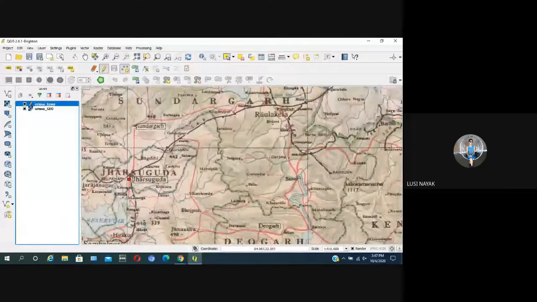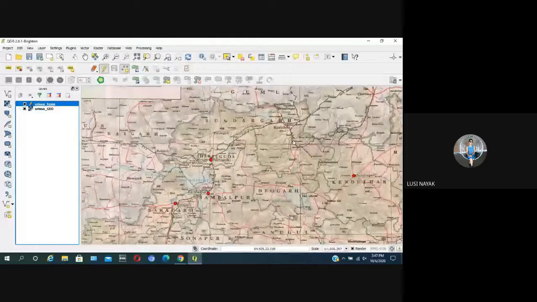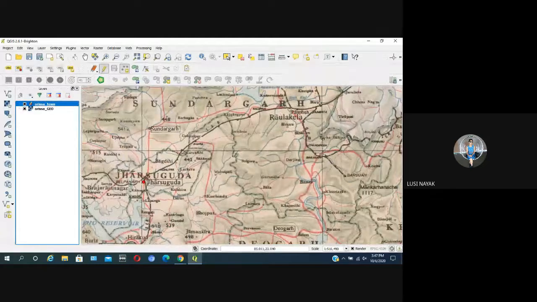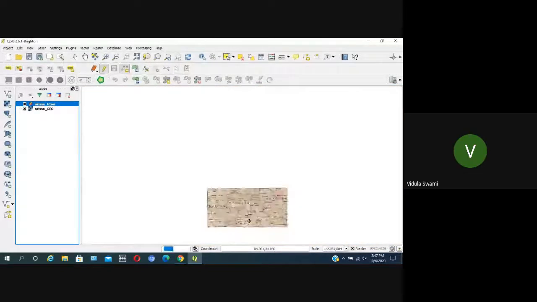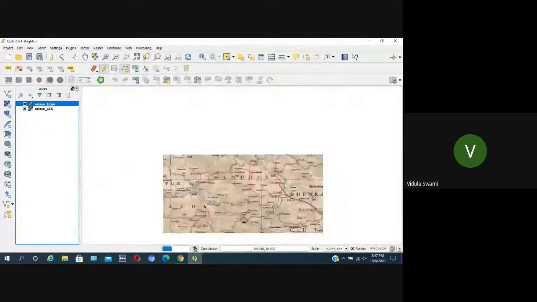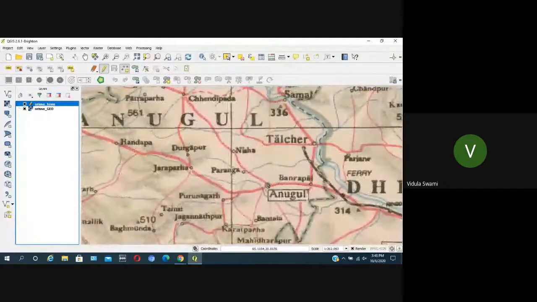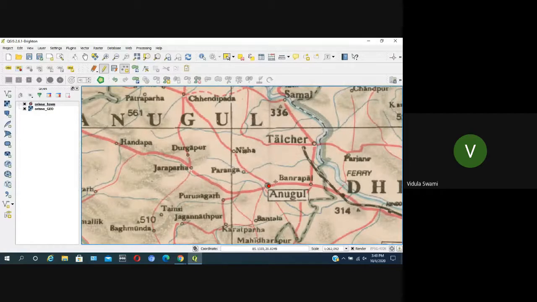You are just zooming in, zooming out, searching the points, putting the points on that location. But you are not getting, whether you are unable to put the point or you are not getting the locations. I'm not getting the points, sir. Only one point I could trace, but other points I'm not getting. The attribute table. Clicking on the point, then the point is added. Yes, it is added in the attribute table, but it can't be seen on the map.